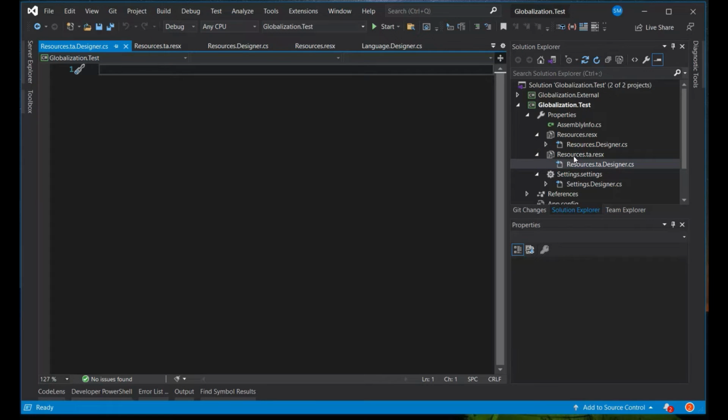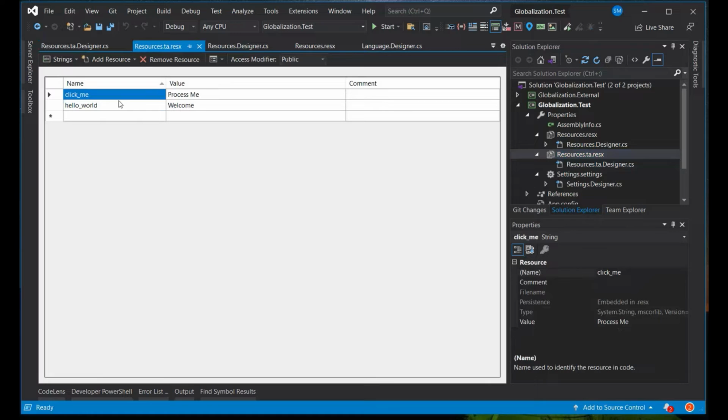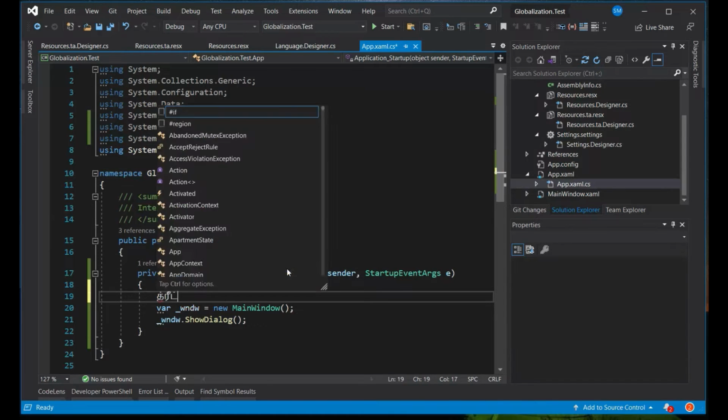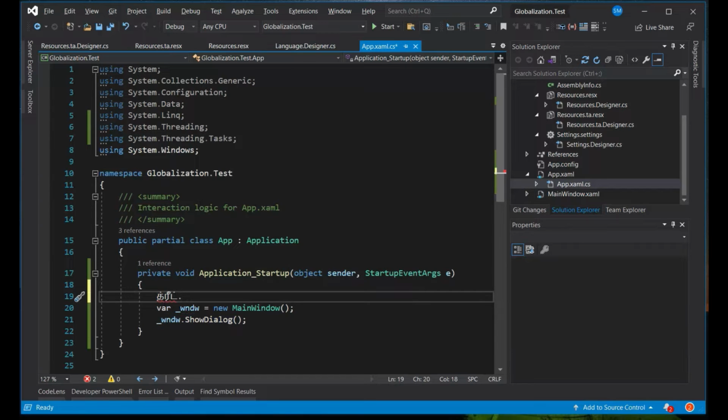Now you see that the code behind files are all gone. And here, click me, I will say, this basically means touch me. And here I will say, this basically means greetings, something like that. So we have something on startup of the application. Before even startup, I will just say Thread.CurrentThread.CurrentCulture is equal to